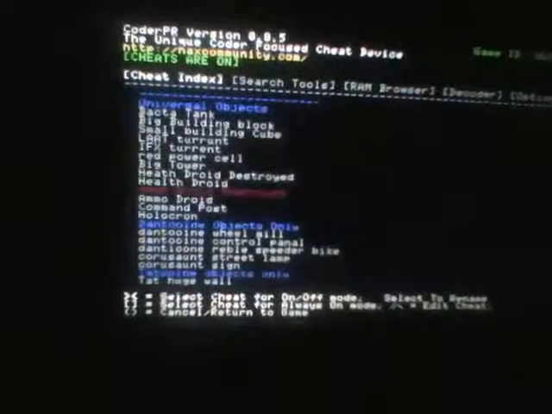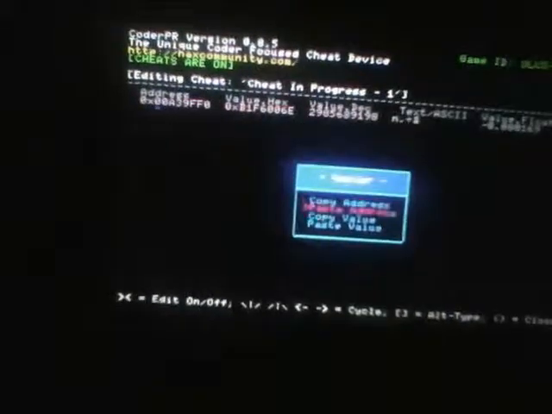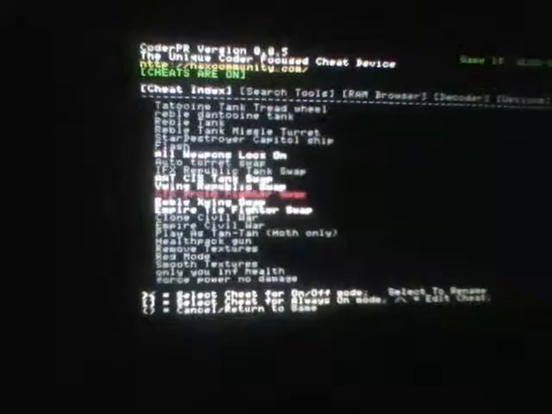Let me try putting health droid in that value slot. Put them all in, then I'll turn them all on and see if it works. It's definitely doing something. Let me see. Clone